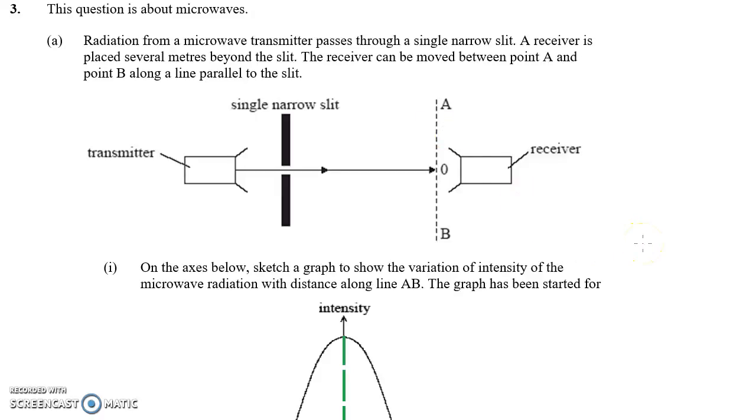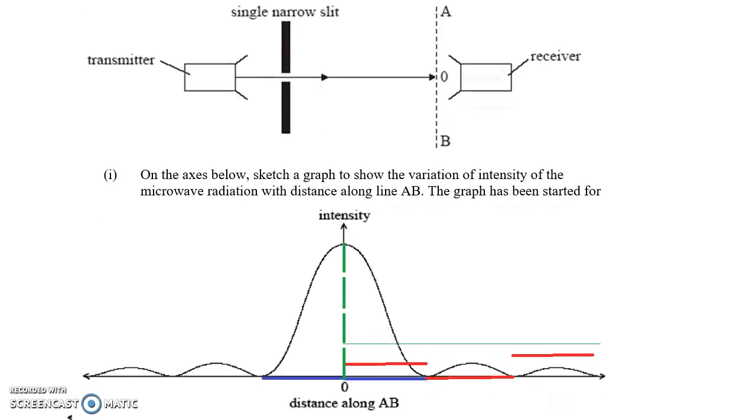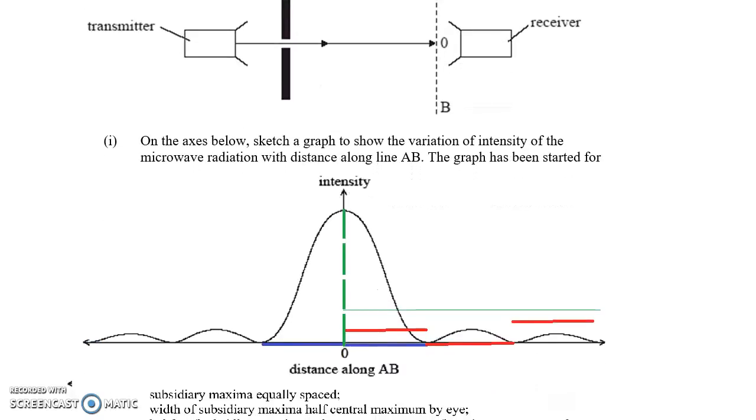Okay, this is question 3 on the HL mock paper. This question is about microwaves, and you've got a little diagram here of some microwaves going through a single narrow slit and being detected at a receiver between A and B. And helpfully there's a little graph, and they want you to continue drawing the graph in the first part of